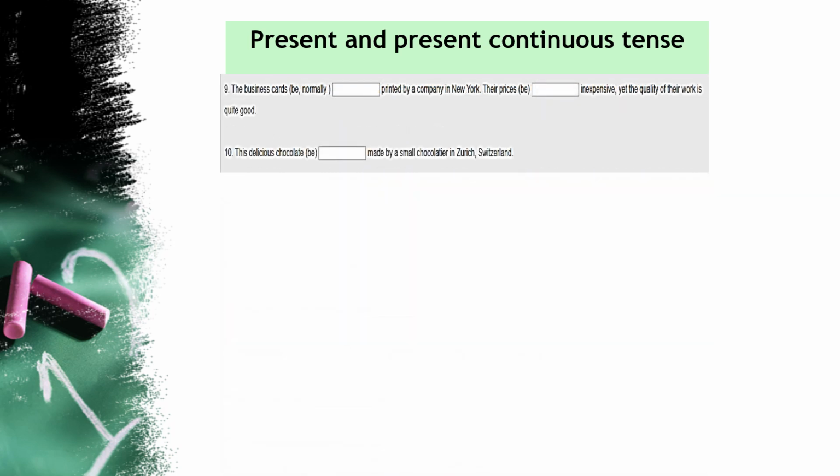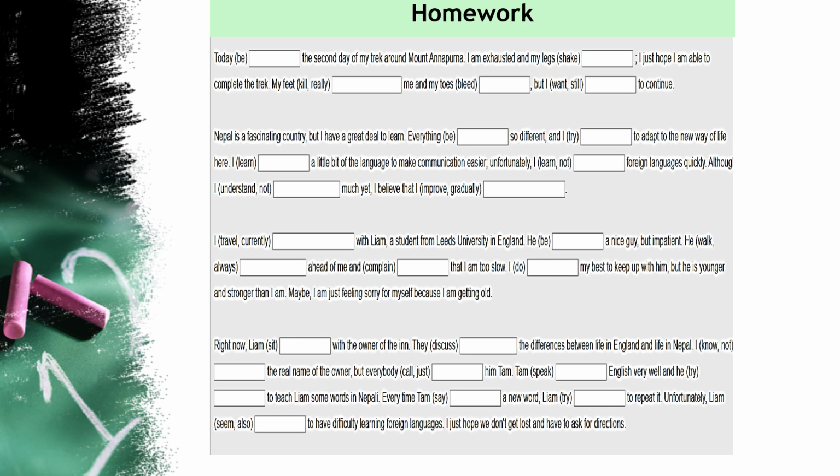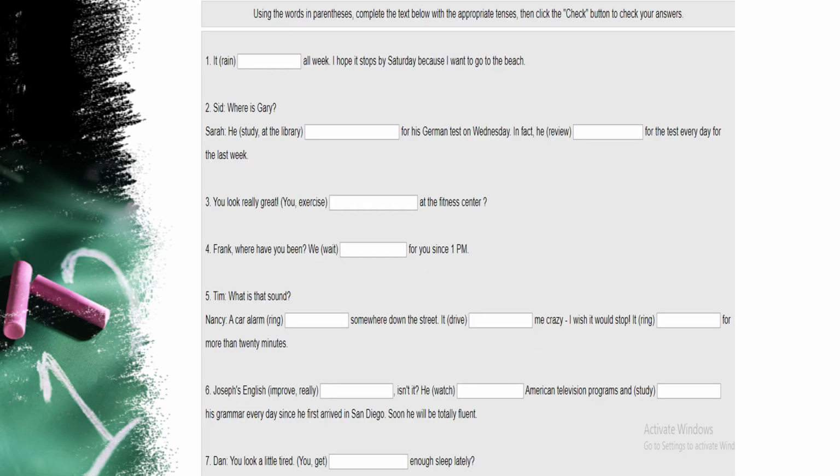The business cards are normally printed by a company in New York. Their prices are inexpensive, yet the quality of their work is quite good. So in that case, we have used the simple present tense. This delicious chocolate is made by a small chocolatier. So